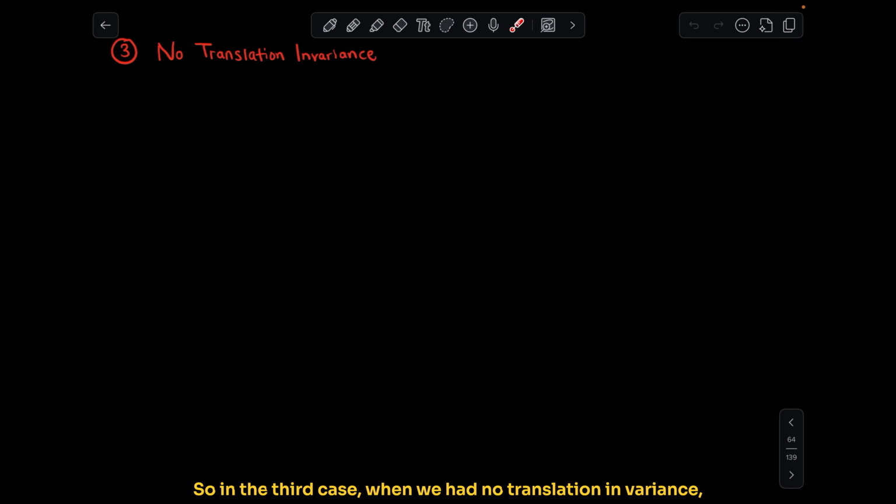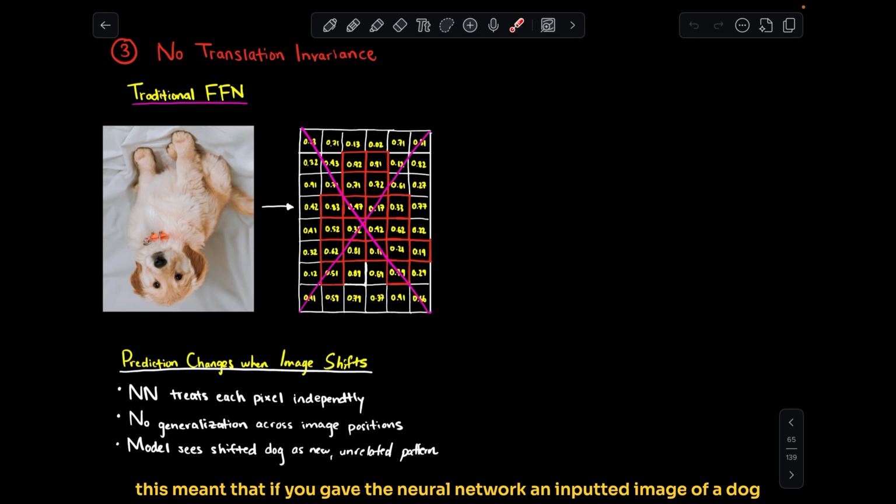So in the third case, when we had no translation invariance, this meant that if we gave the neural network an inputted image of a dog that was flipped horizontally or flipped vertically or zoomed in or zoomed out, it wouldn't recognize the image as being the same dog or a dog at all. So the neural network treated every pixel independently, there was no generalization, and the model sees a shifted dog as